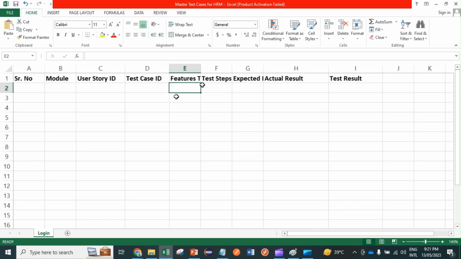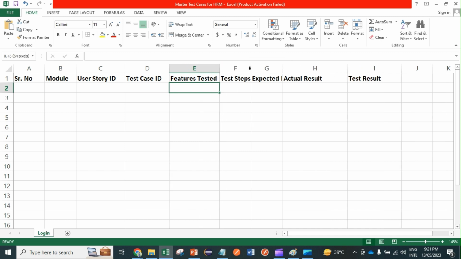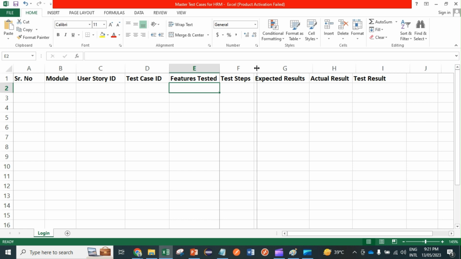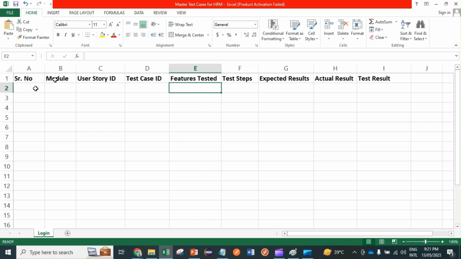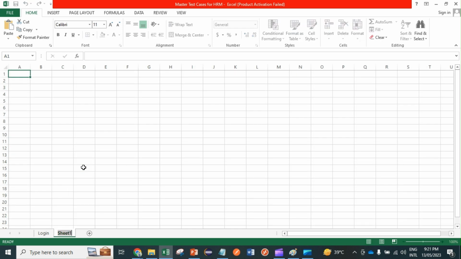Okay, guys. Let me make it with zoom so you can see. So far so good, right? We can have more detail, like who is a tester, who is going to test these things. But for that we can make one sheet, I will just say the summary sheet, right, over here. So over here we can put all those things, like what will be the version of the application,